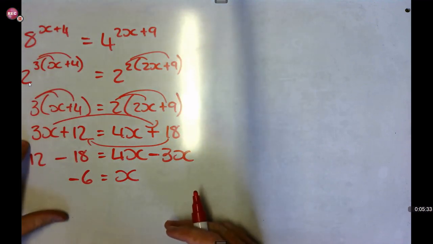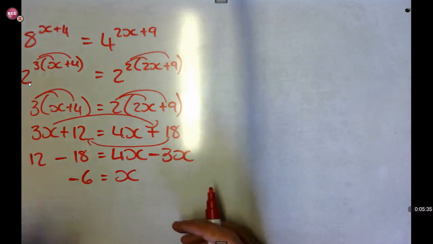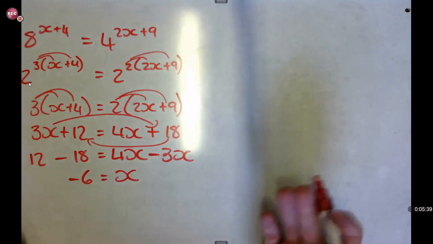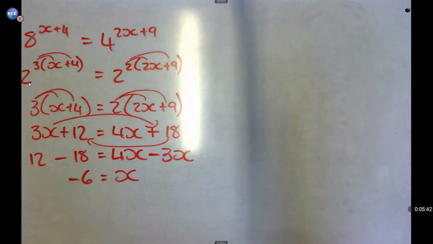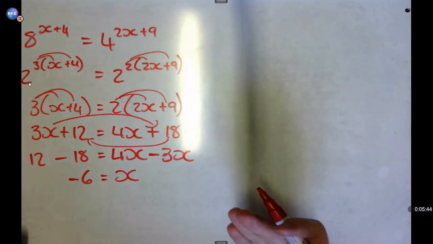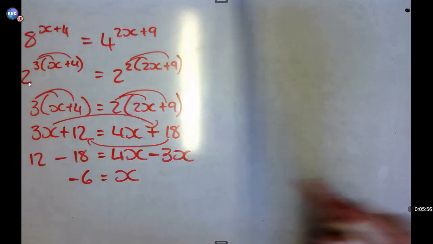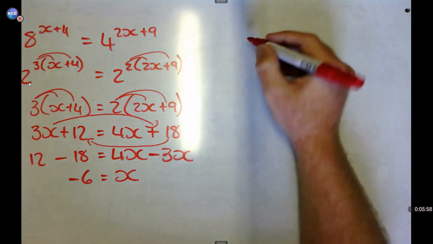If you left the 3x on that side and you brought over the 4, you would obviously get negative x. And on the other side you get positive x, which means x cannot be negative. Okay? X cannot be negative. So you'll have to divide both sides by a negative in order to make x positive, and then obviously the positive 6 would become negative in this case. Okay, moving on to the next question.